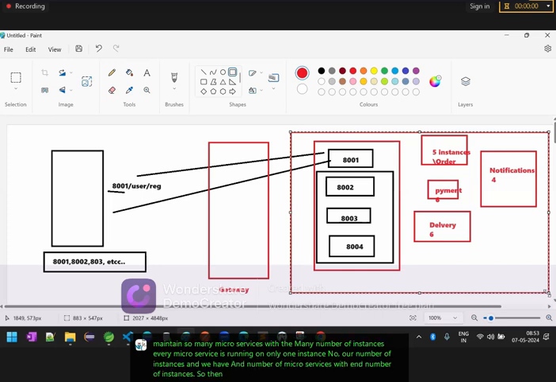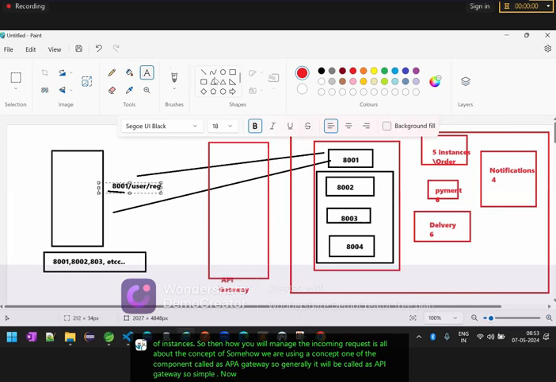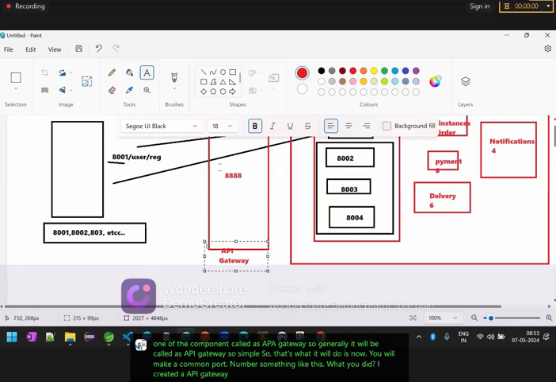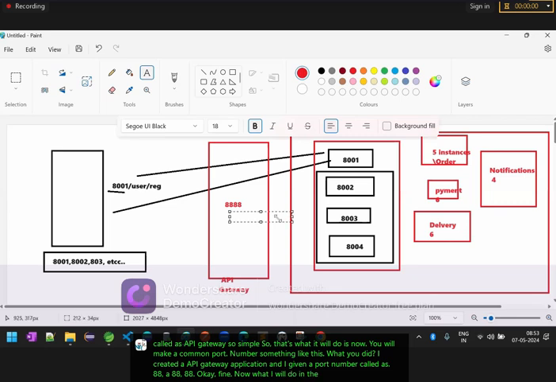So how will you manage the incoming requests? It is all about a concept, one of the components called the API gateway. So generally it will be called an API gateway. Simply, what it will do is, now you will make a common port number. I created an API gateway application and gave it a port number, 8888. Okay, fine. Now what I will do at the API gateway level, first step, I will tell the API gateway, hey gateway,